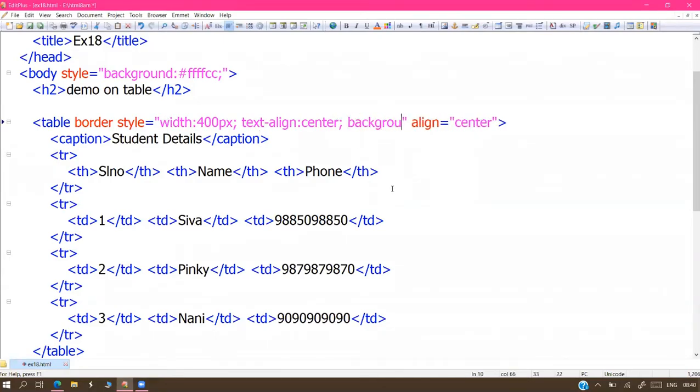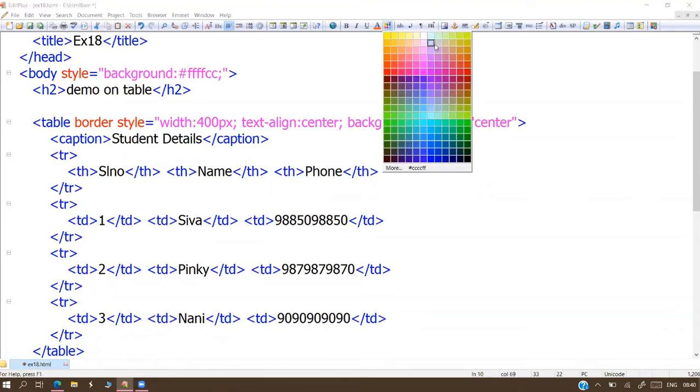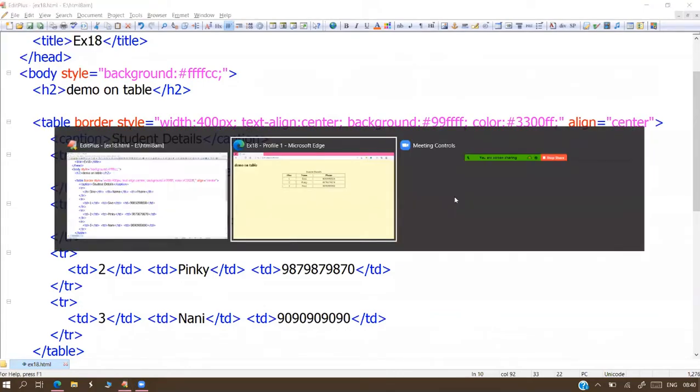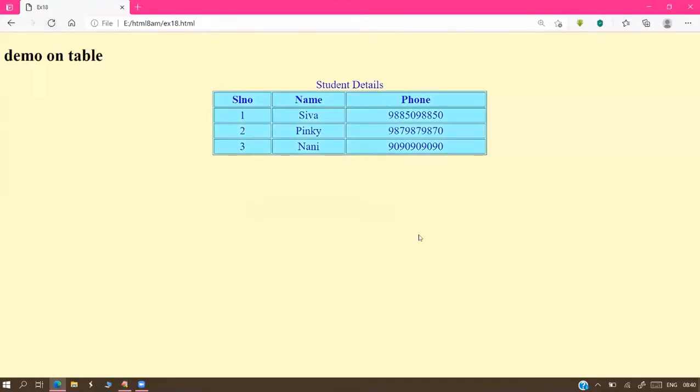So we want to set some background color for the table. Background, sir. You can choose any color, sir. And foreground color, sir. So the total table background and foreground color we set, and it will come like this. But headings I need a separate color again, sir. Data in one color and headings in another is generally a requirement, for easy identification.